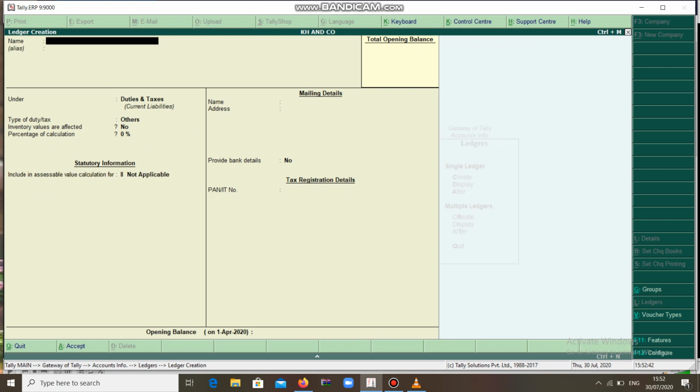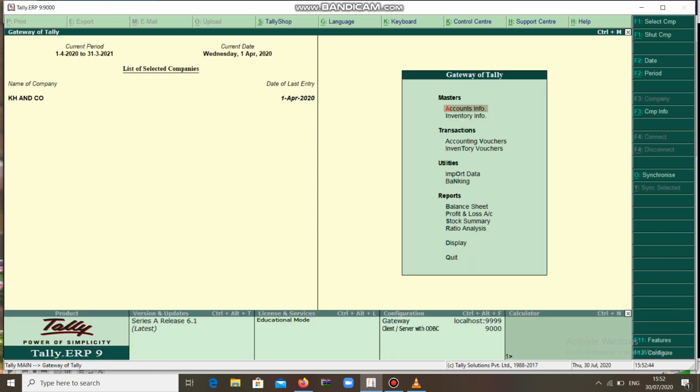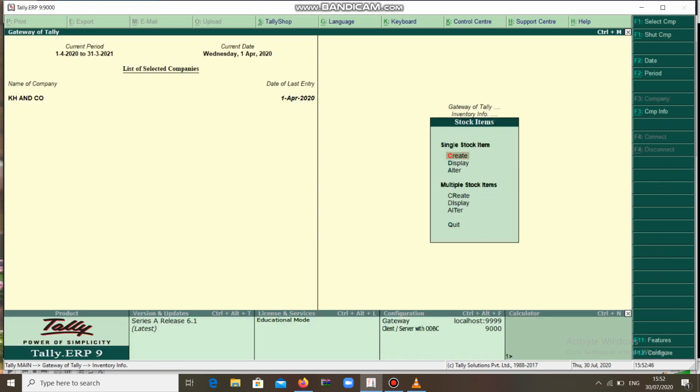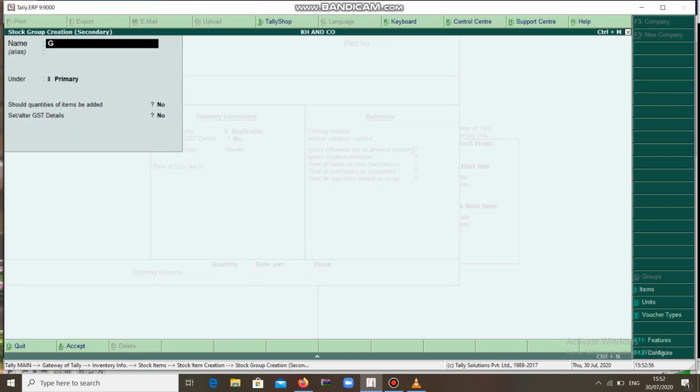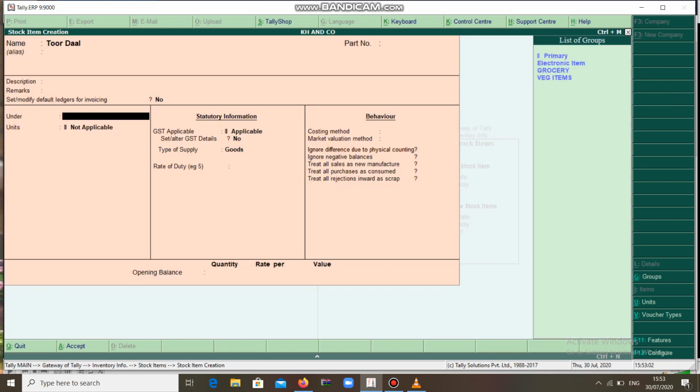Now if you want to create the stock item, inventory info, stock item, create. See, nil rated in the sense you can take any grocery items which come under nil rated. Grocery, the unit of quantity is already there, you just select from the list.